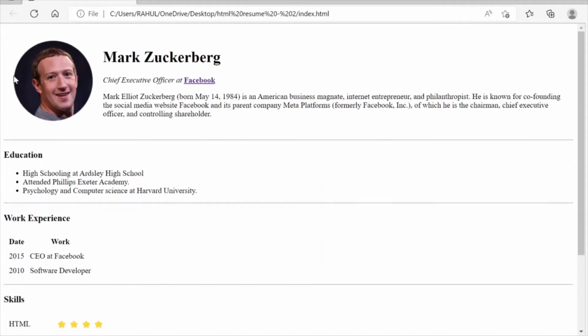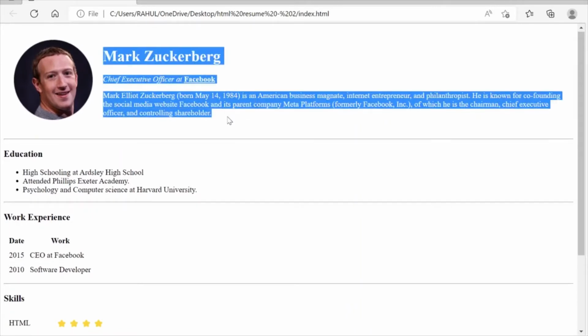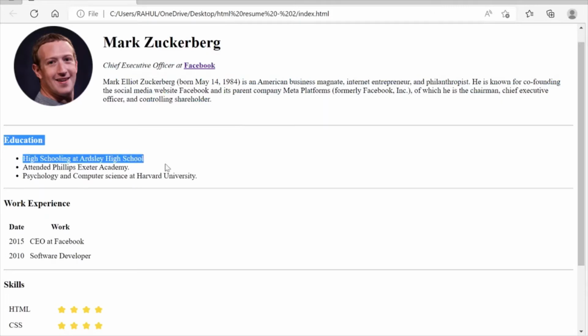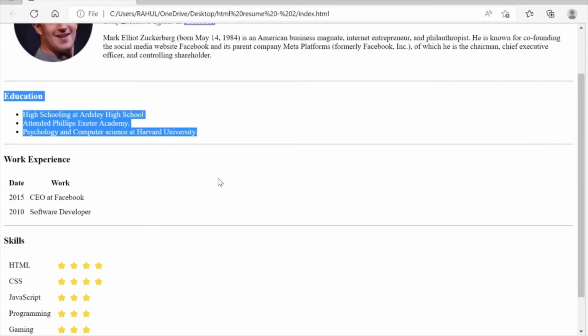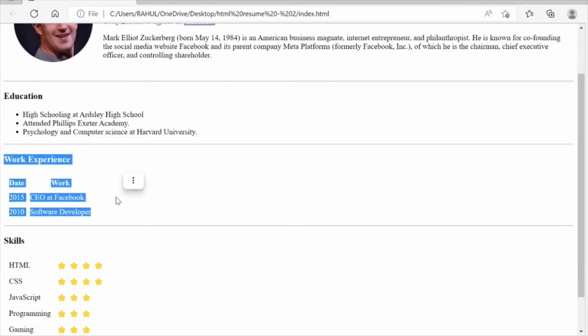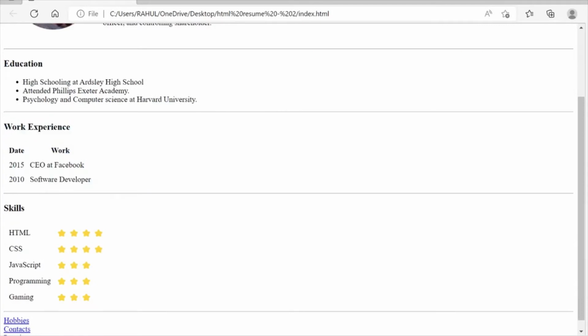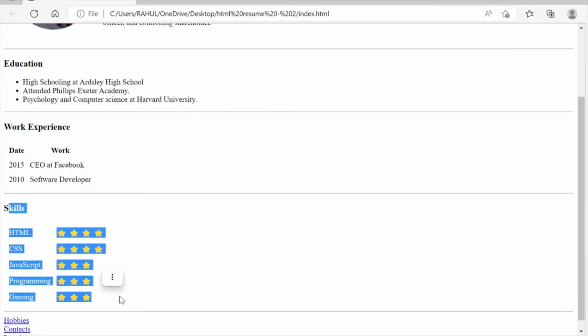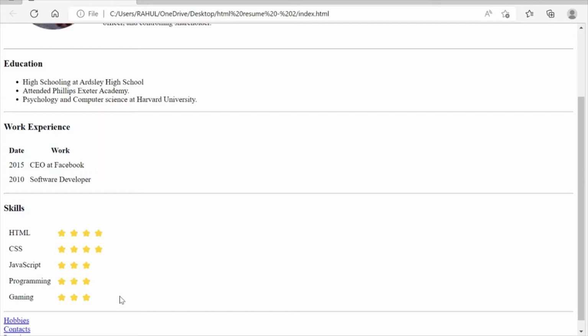So basically you can see that there is an image, and then there is some content of it. Then there is a section where we have displayed the education information of the person, work experience of the person, the skill sets of the person, so on and so forth. So it is not mandatory that you also develop a similar kind of site. You can also explore with the functionalities that we are going to learn in the video, and then you can develop it according to your own needs.